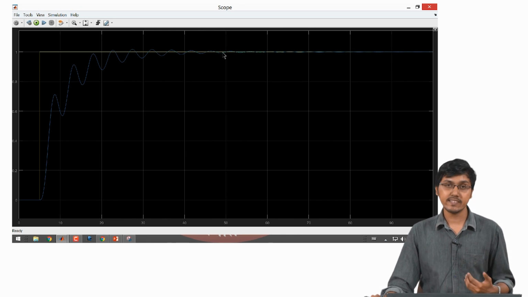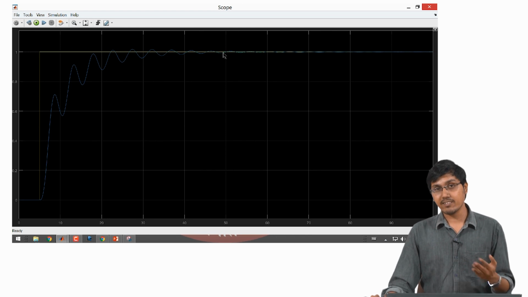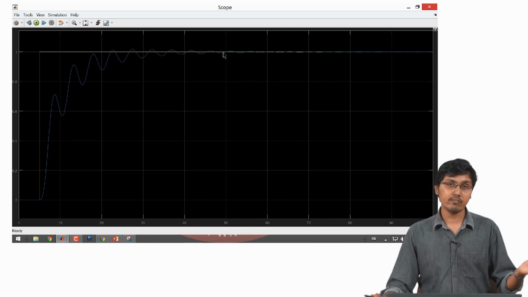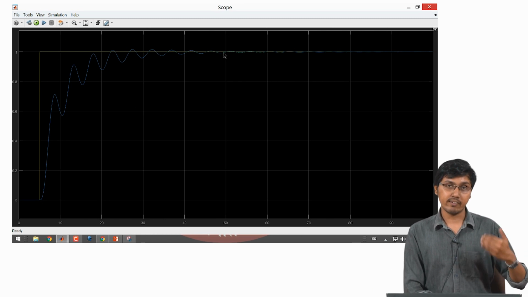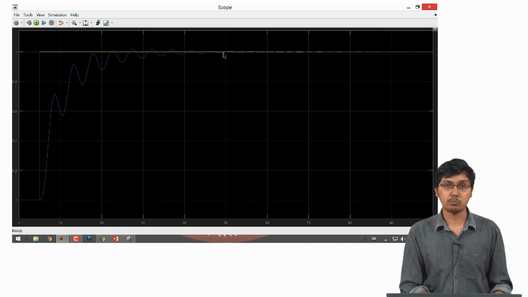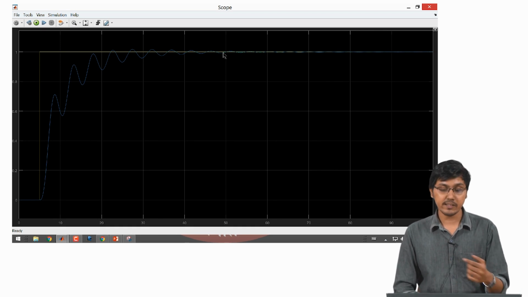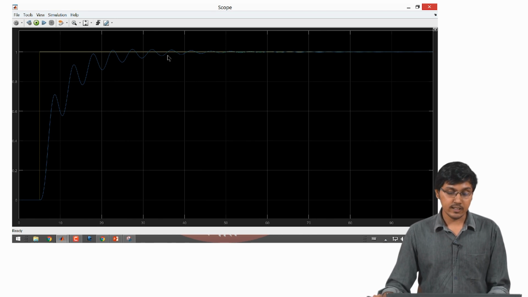When we say I wanted to go to say 90 degrees Celsius, if we have just a proportional controller, we may not go to 90 degrees Celsius. We may stay somewhere at 80 degrees Celsius. We can never go to 90 degrees Celsius when we give a step change in the set point. But this integral controller actually solves that problem. It reaches 90 degrees Celsius.